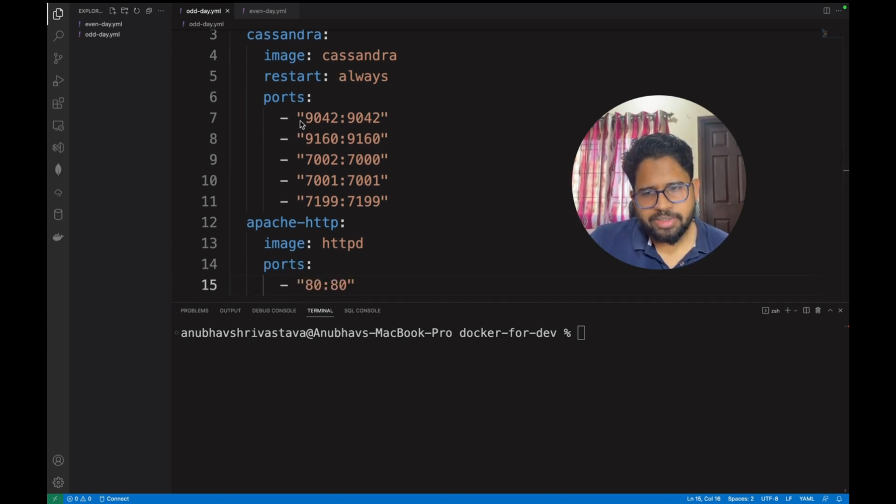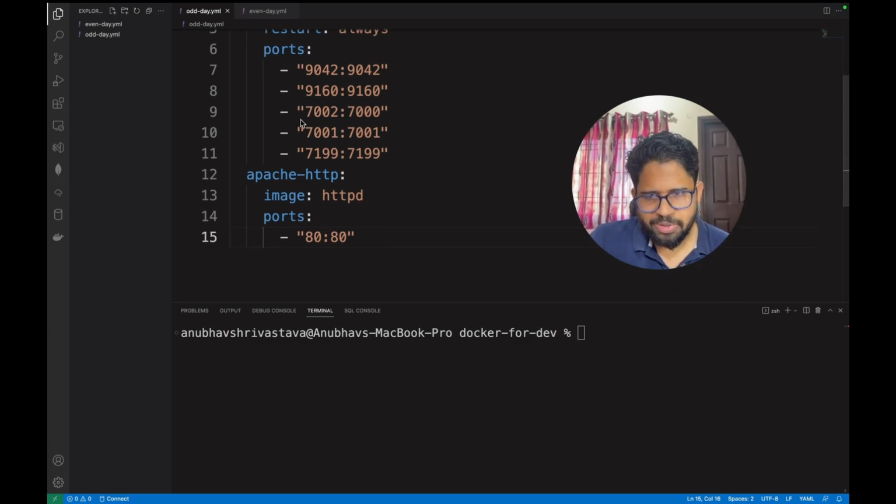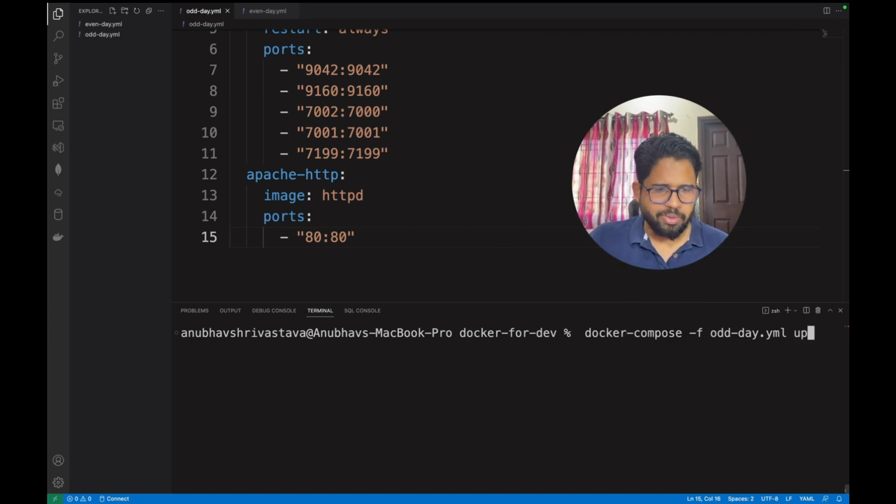And these are the ports I have exposed. These things you can find in the documentation, that is, what are the ports which need to be exposed. And for Apache HTTP server, I expose port 80. Once you do that, all you need to do is run docker compose -f oddday.yml, and then you need to put up.